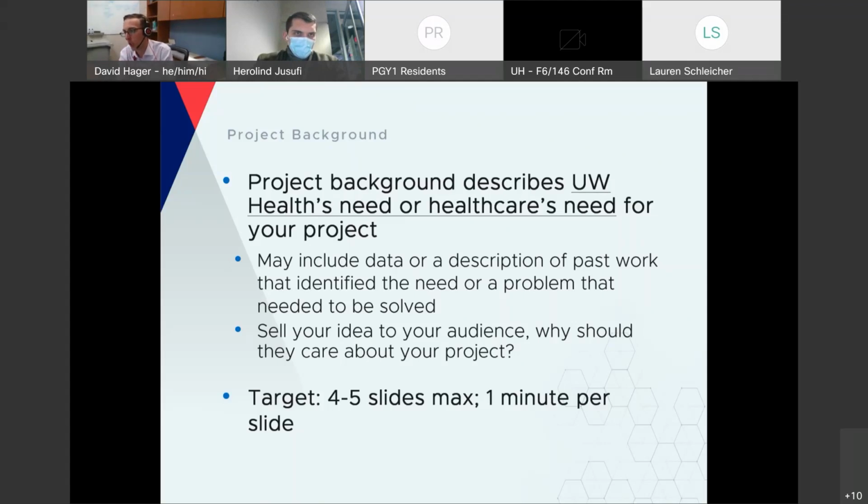So I would just make sure, if you're not clear on that, that's another important conversation to have with your project team. Like, albumin use was kind of a mess, but why did we choose to focus on this now? And maybe you'll learn something, right? Like the critical care leadership changed, or we were seeing increased use of albumin products, and we didn't know exactly how to combat that, and so we knew we needed to put it on the list, or something like that. That is really what we're trying to ask or answer for our audience,